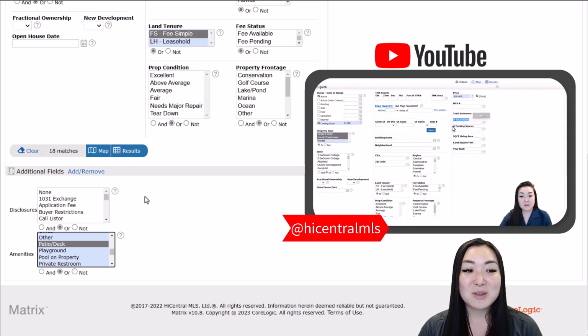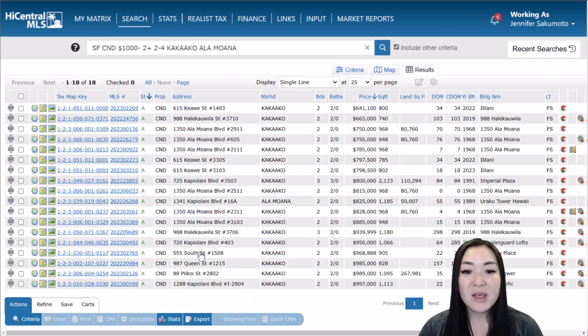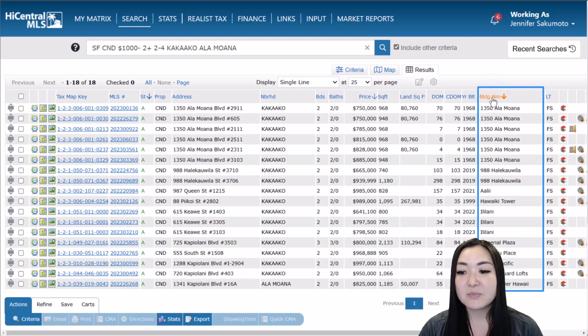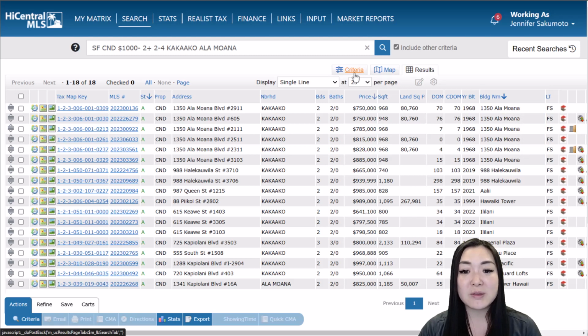So the next thing I'm going to do, I see that we have 18 matches, is I'm going to hit the results button and I'm going to search the building name field by clicking on the building name header. And what we're going to do is we're going to remove 1350 Ala Moana from our search, and that's 2, 4, 6 different properties. So how to do that is I'm going to go back to the criteria tab and